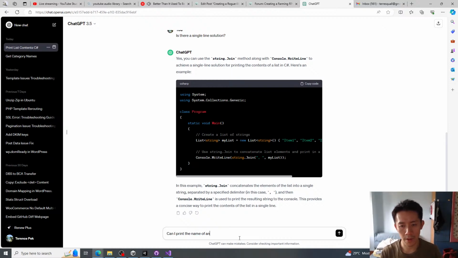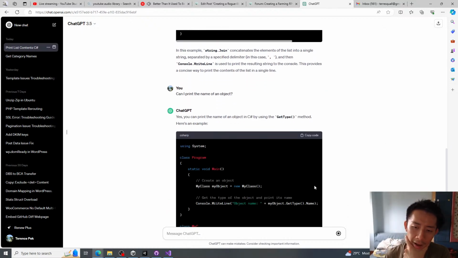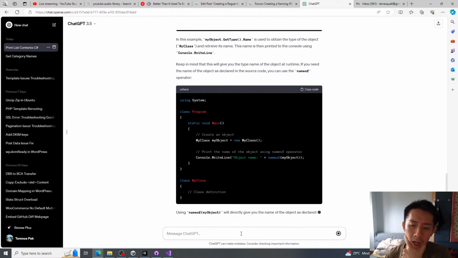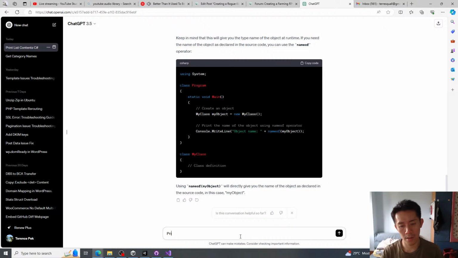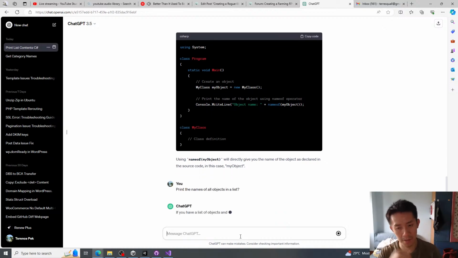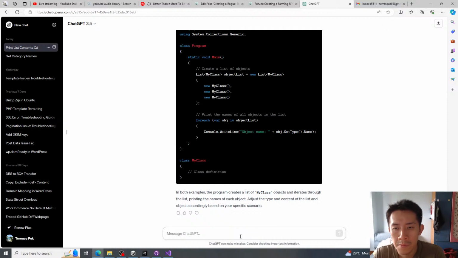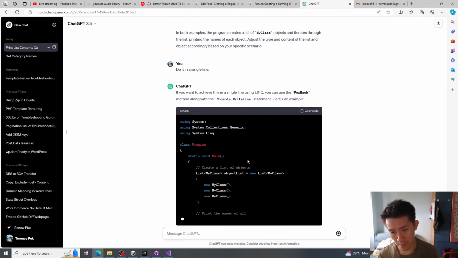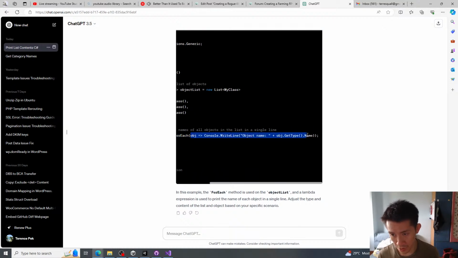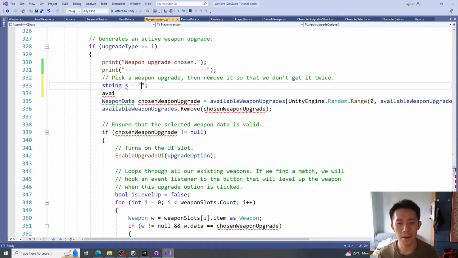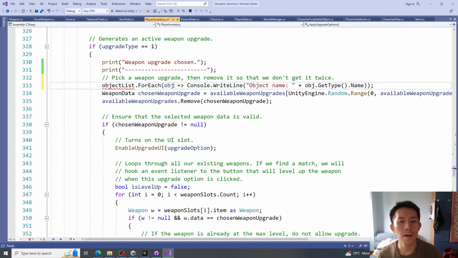I print the name of all objects. We have two. For each. Okay, let's try this line. For each, we print